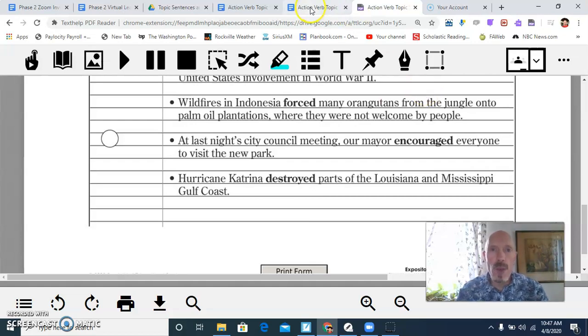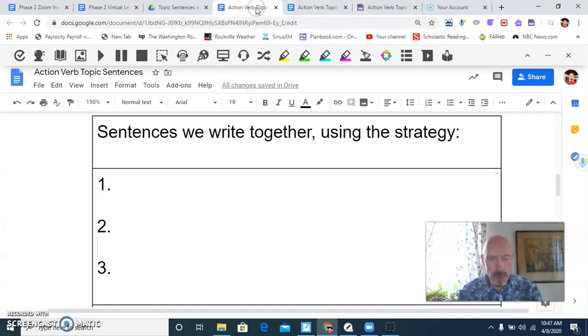So if we were to do some topic sentences, if we were in class together, we would do this together. I'm going to pick the subject of sports, okay? And when you do this on your own, do it on the subject of sports, and it can be any kind of sport. Remember, sports can be anything where there's a competition, okay? So I read an article today with the 6th graders about wrestling, so I can write about that. So I can write